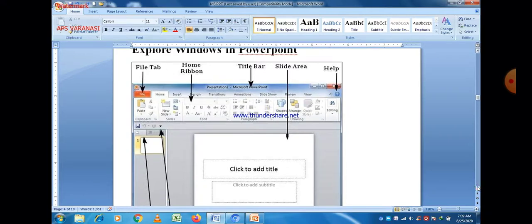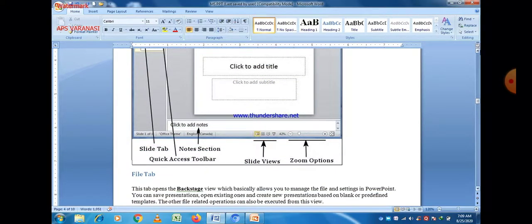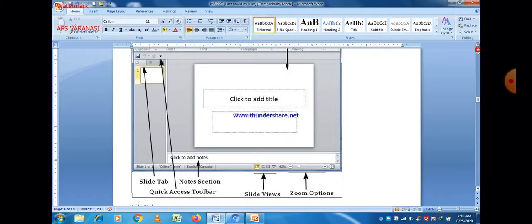File tab is at the top left corner, help is at the right corner, and at the bottom you can easily see that the zoom option is there, to zoom the PPT. Then slide views, different types of slide views are there. Notes section, and quick access toolbar and slide tab.